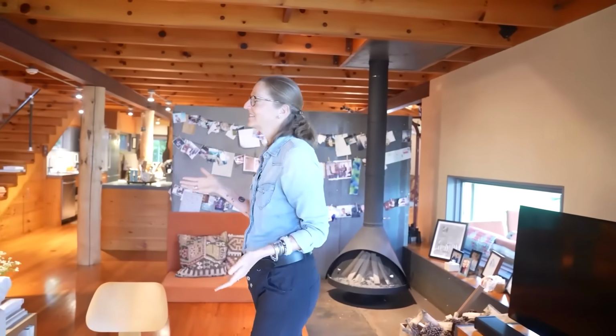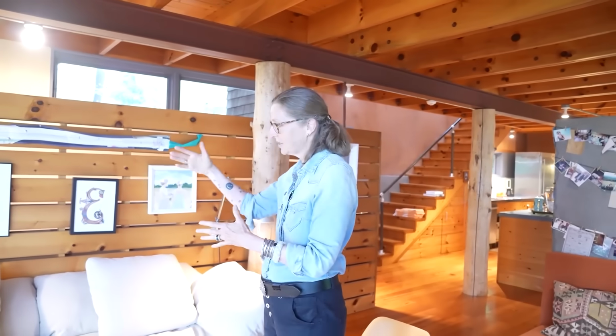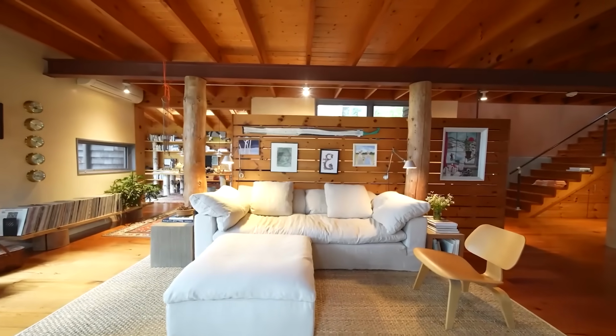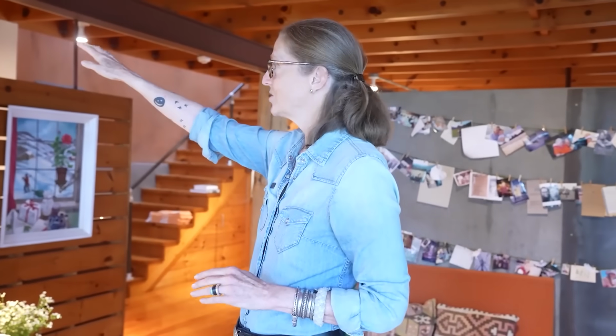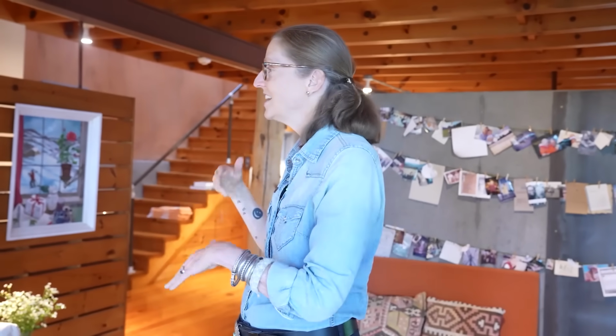This corn crib wall behind the sofa is coming from my background in Wisconsin, that corn cribs are on most farm properties. And so we like the idea of making the barrier between the living room and the stair that goes down to the lower level. But again, having the wall not meet the ceiling. And so now you get to see the pine trees outside, the steel beam, the pine columns, and then the